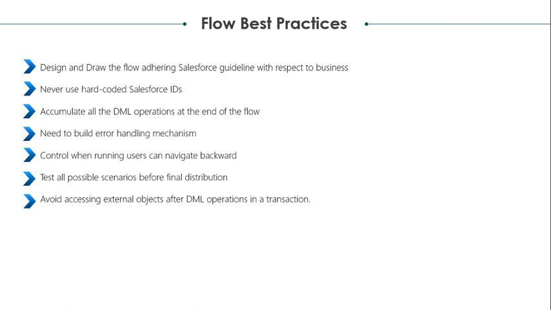So the best practice for now is that you can create a custom object. When we get any error or any exception, you just create a record in the custom object. You can create a custom object named Exceptions from Flow. So later you can show all those errors to the end users.